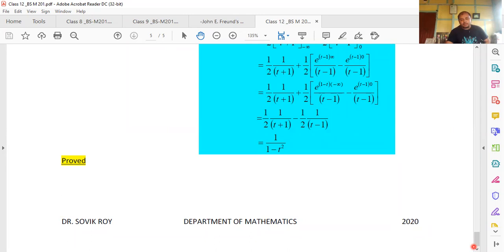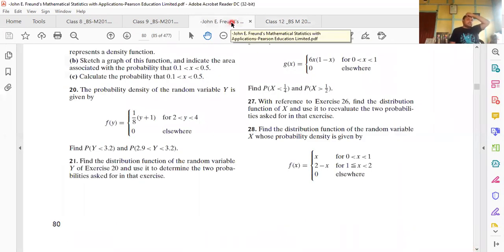And then you can go back to the John Freund book and find the chapter on the moment generating function. Lots of probability functions and lots of problems are there. You can try to calculate the moment generating function of those random variables, and consequently the mean and variance. This chapter is very important from a practical point of view. I don't know whether I'm able to convey the importance of the moment generating function to you or not.